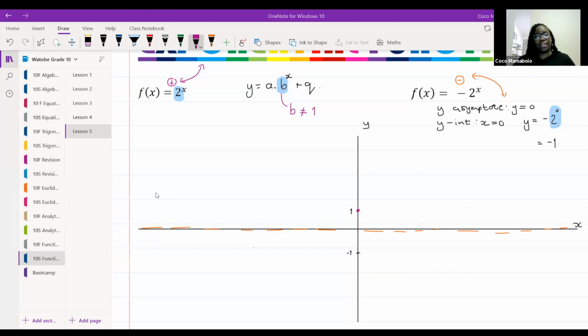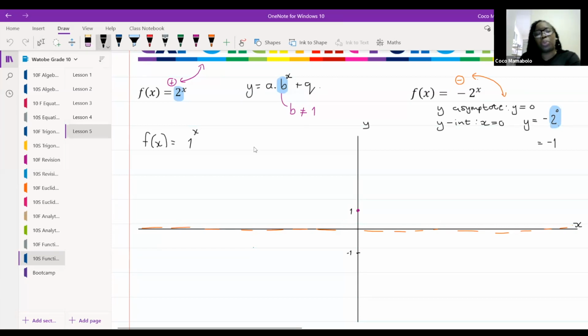Think about this, guys. If I wrote a graph of f of x is equal to 1 to the power of x, Tiana, what am I going to get? Ma'am, if I put a 1 there, all your answer is going to be 1. Good, yes, that's it. So it's just going to give us a straight line, and that's not an exponential graph. Excellent. That was the answer I was looking for. Well done, Tiana. Excellent stuff.